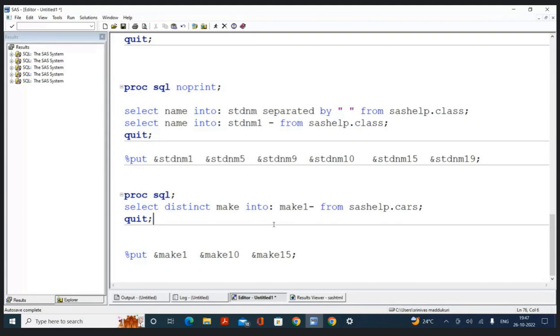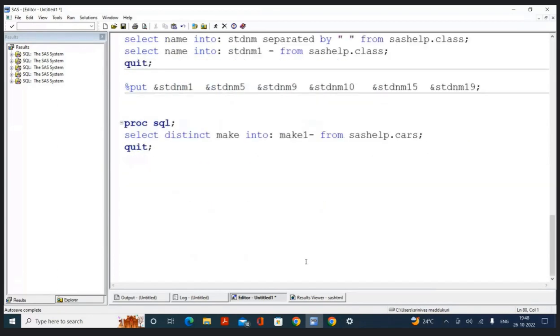This is how we create macro variables in Proc SQL. I will tell you one more thing. I want to get a minimum case into one macro variable, which is called case min. Tell me how we can enter the program. Proc SQL. Select